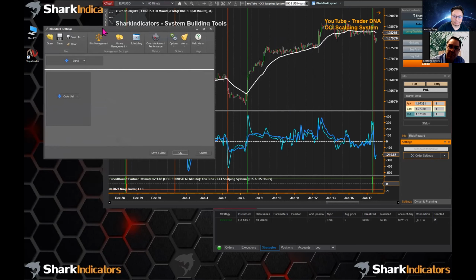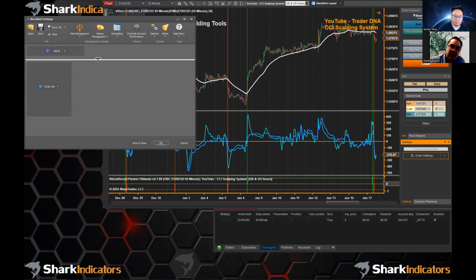And you can see that Blackbird has its own customized interface here, so you can design a system as you see fit. We're building an auto trader. As Jeremy explained, that's what you need to do backtesting: a full auto trader. And what's the first thing an auto trader needs? It needs entry signals, right? And maybe even exit signals, so you could do that too. We need to set up the entry signals at a bare minimum here.